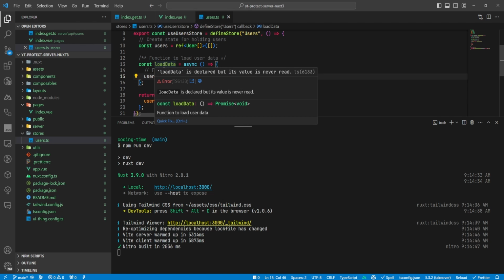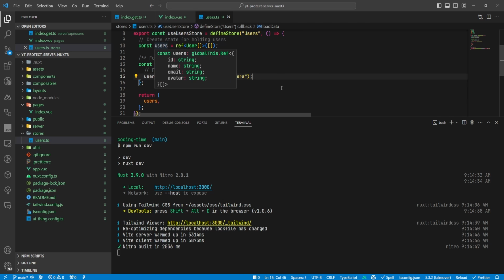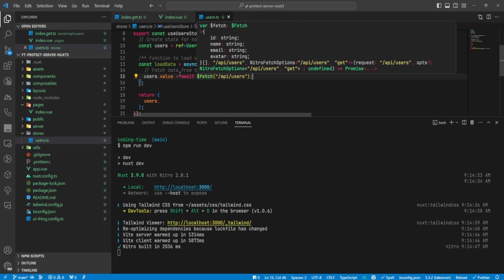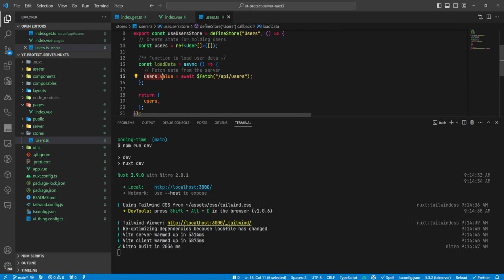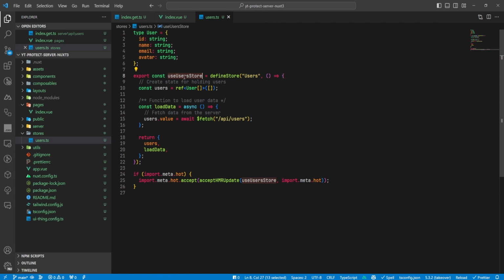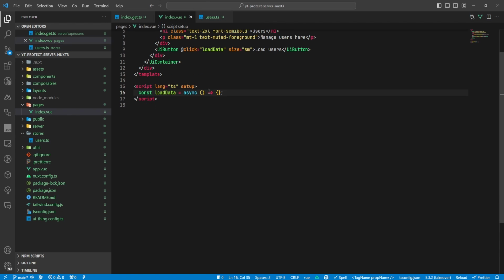So this is going to set the return value of this API call into the users state, and we're going to of course return this function from the store as well. So now when we want to get this state and make it reactive within our components,